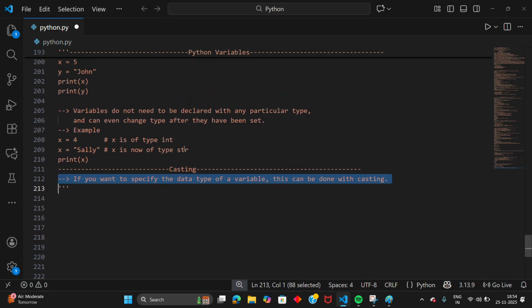So by default we don't need to mention the data type while declaring variables. But if you want to make the code more readable and easier for other people, or for beginners, to understand, and you want to specify the data type of a variable while initializing, declaring, or assigning a value to it, then you can do casting. For example,